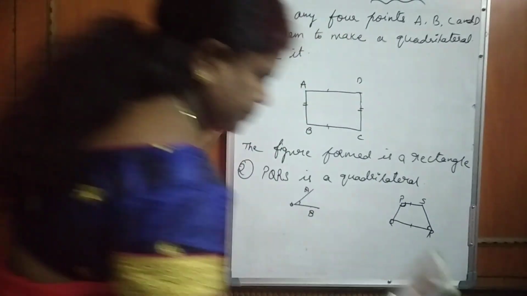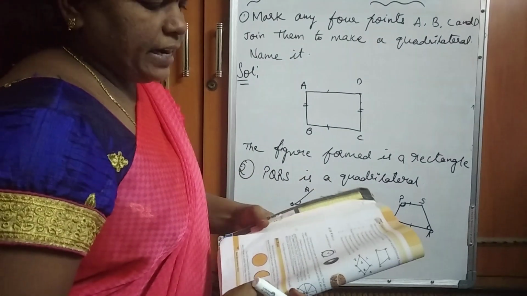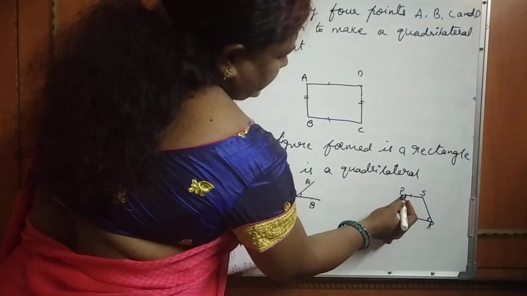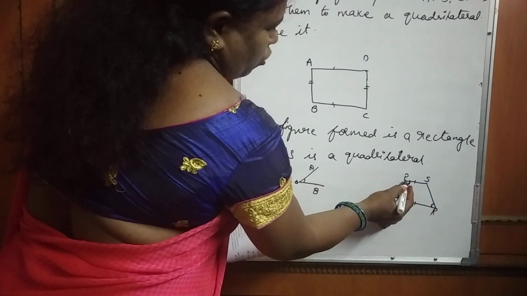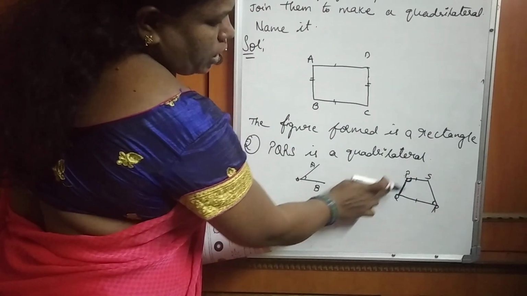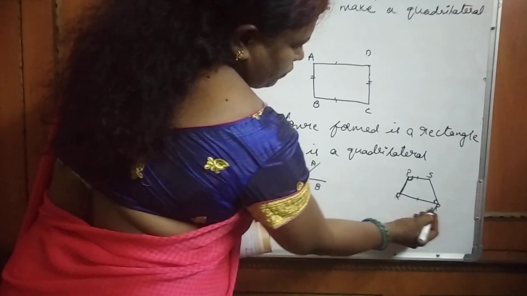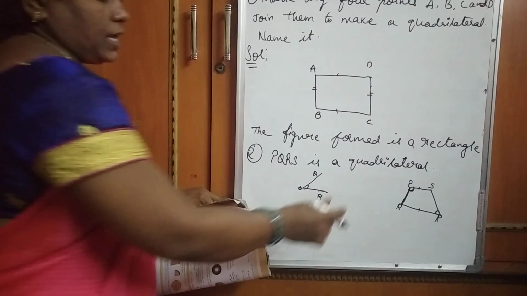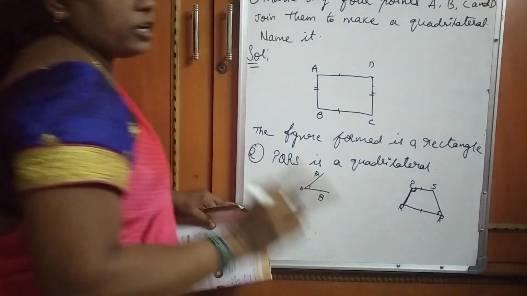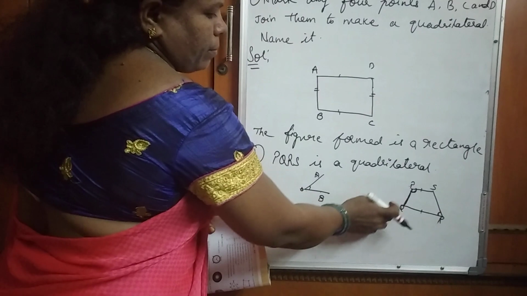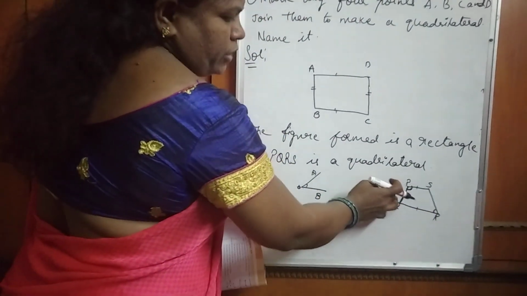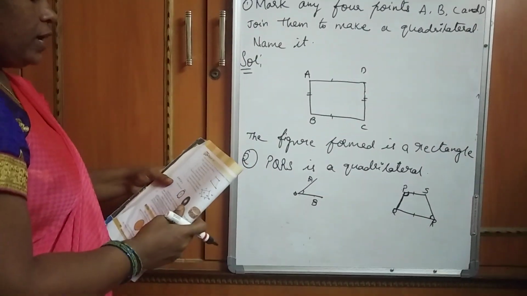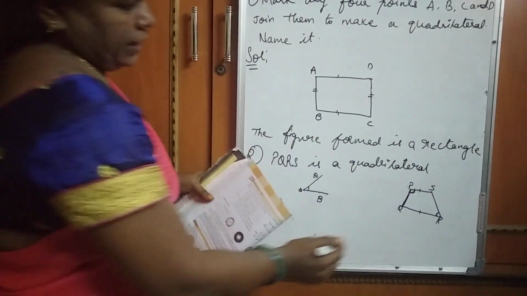Now the question is the adjacent side of PQ. This is PQ. The adjacent side is the side attached to this. Now you have two corners here. P and Q are two corners. For Q side you have QR side. For P point you have PS. So you can say any side. PS and QR are two adjacent sides of PQ. QR is adjacent to PQ or PS is adjacent to PQ. You can name anyone. The adjacent angle of angle S.